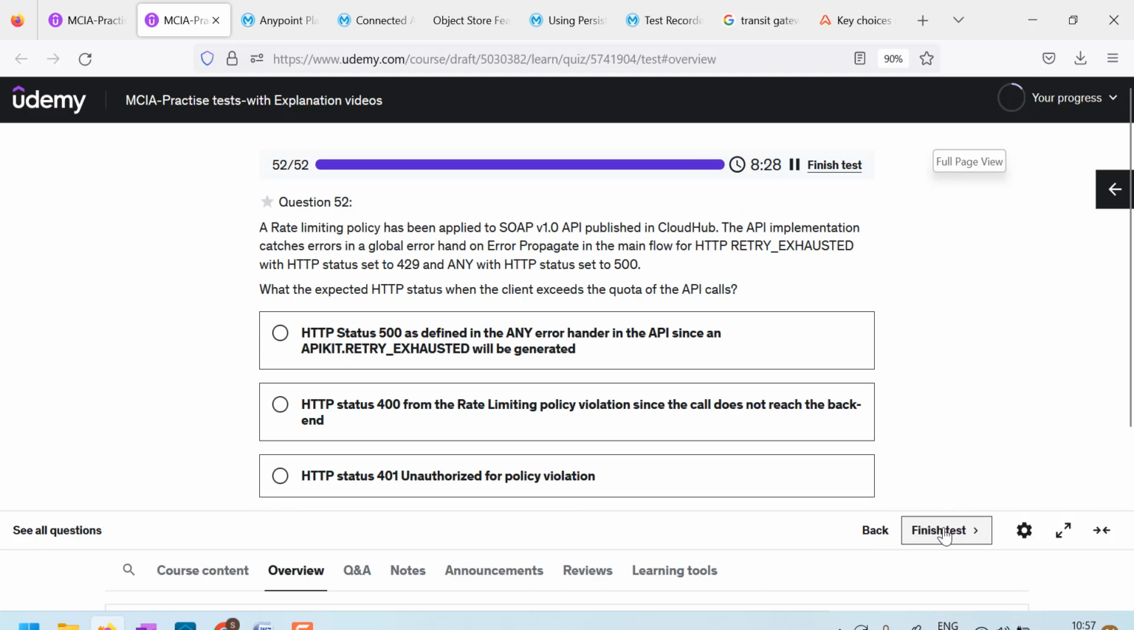Next. A rate limiting policy has been applied to a SOAP API published in Cloud Hub. So your application is actually